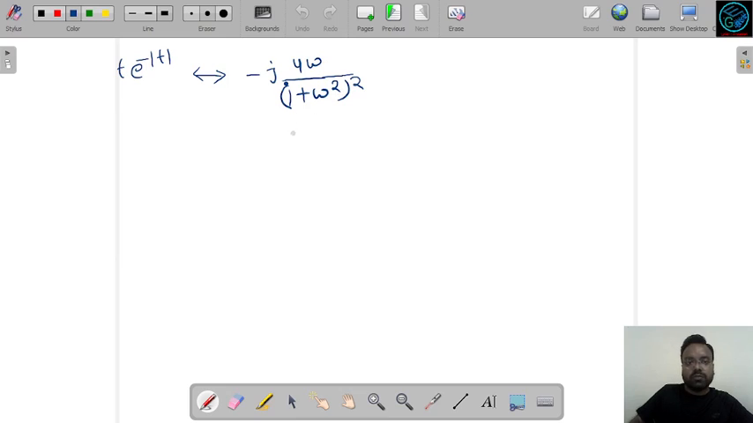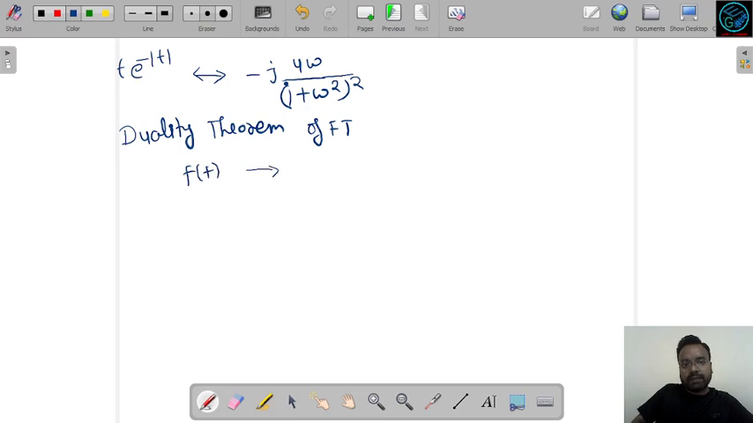Okay, so that means we have to apply the duality property, or duality theorem, of the Fourier transform. What is the duality property? If a signal f(t) has a Fourier transform F(omega), then the Fourier transform of this F, just replace omega with t, then the Fourier transform of this signal